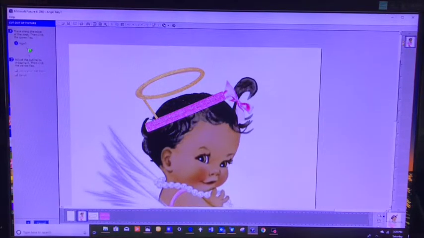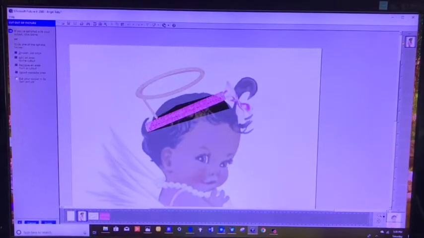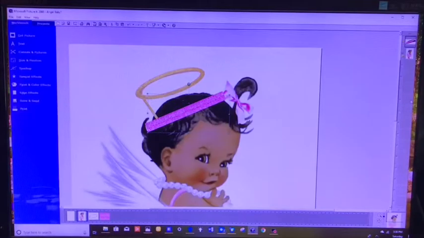And I'm just going to come down to her hairline and trace out just to the shape of her head so that it looks like she's actually wearing the band. Then it doesn't matter where you click, because this part is going to be staying in the picture. So I'm going to say that I'm done with that. I'm going to click out,